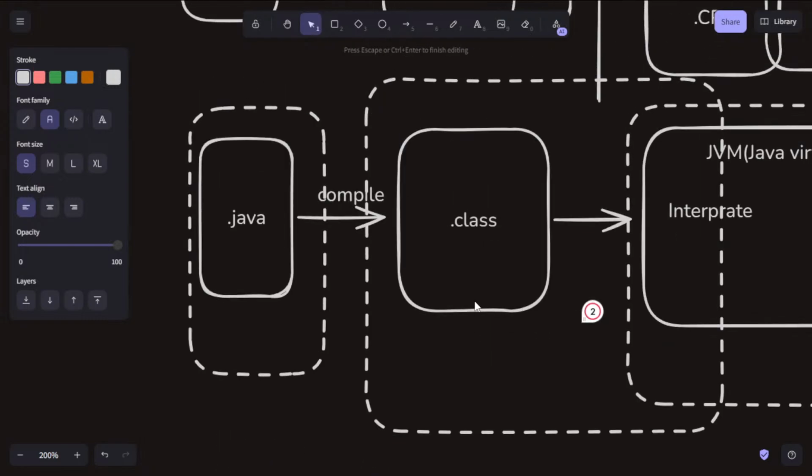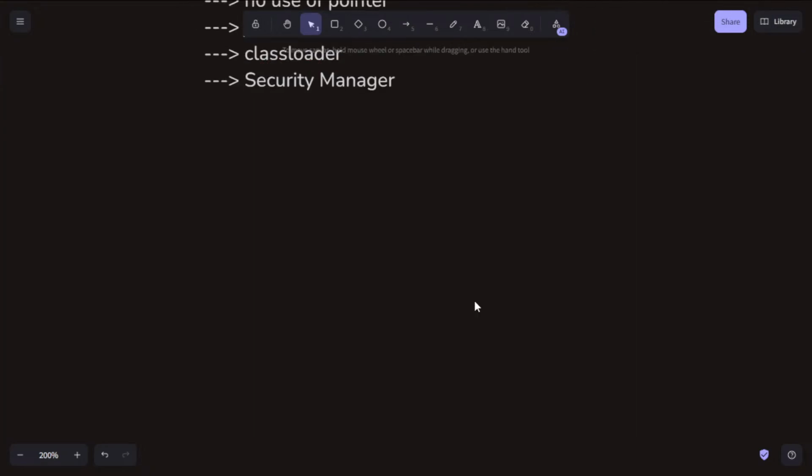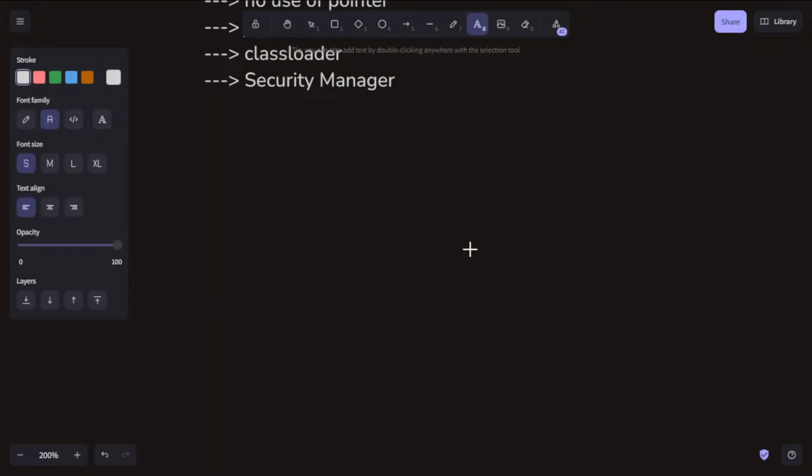Now, the third term that comes to mind after secure is robust. What is the meaning of robust? Robust simply means strong, like the syntax is strong.